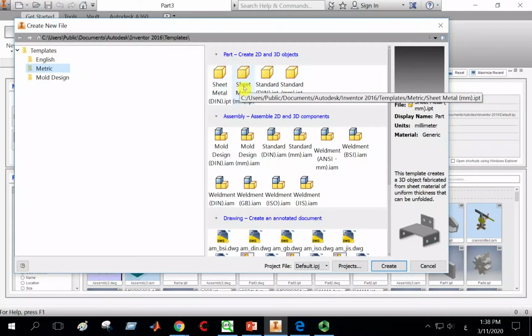But sheet metal working is different than the standard part, because in sheet metal we have uniform thickness, while in the part it doesn't matter what the thickness is, whether it is uniform or not. So you can design any 3D part, but in sheet metal the thickness of the sheet will be uniform. As an example, for extrude, no need to indicate the height, because by default the height will be the thickness of